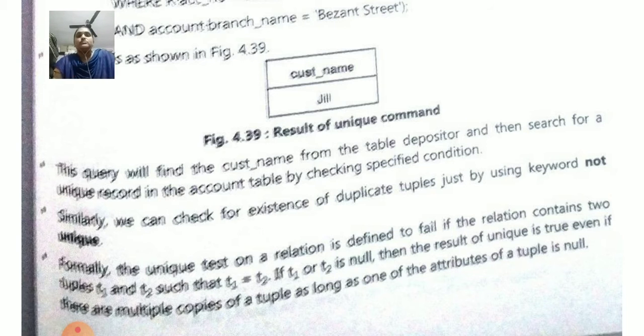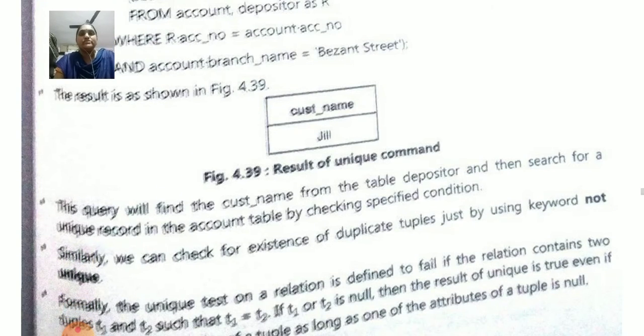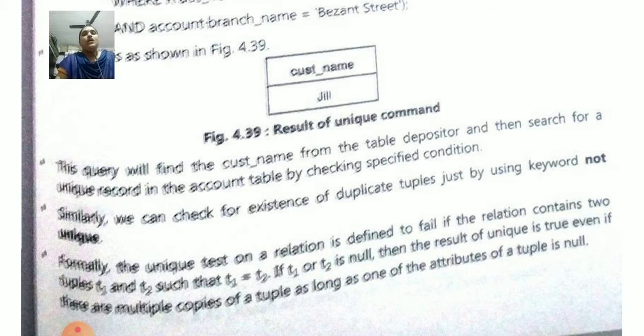The customer name is Jill, since Jill satisfies all the above conditions. That's why Jill is the output of our SQL query. This query will find the customer name from the table depositor and then search for unique records in the account table by checking the specified conditions.